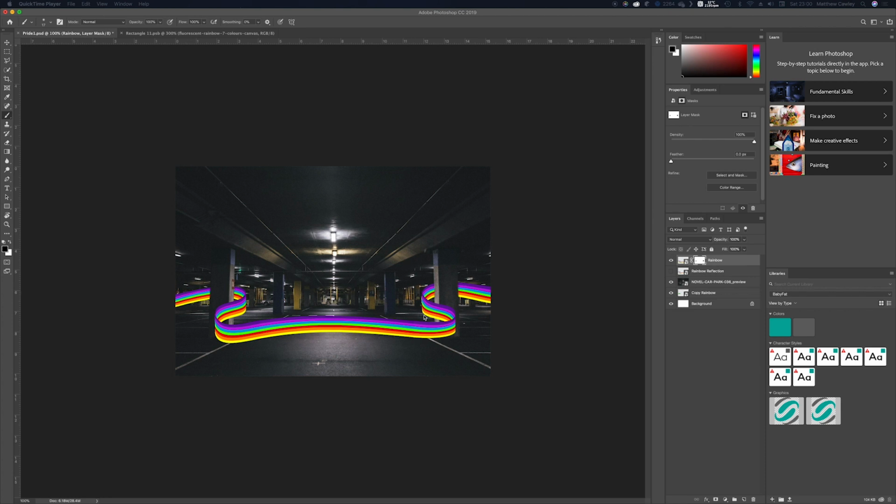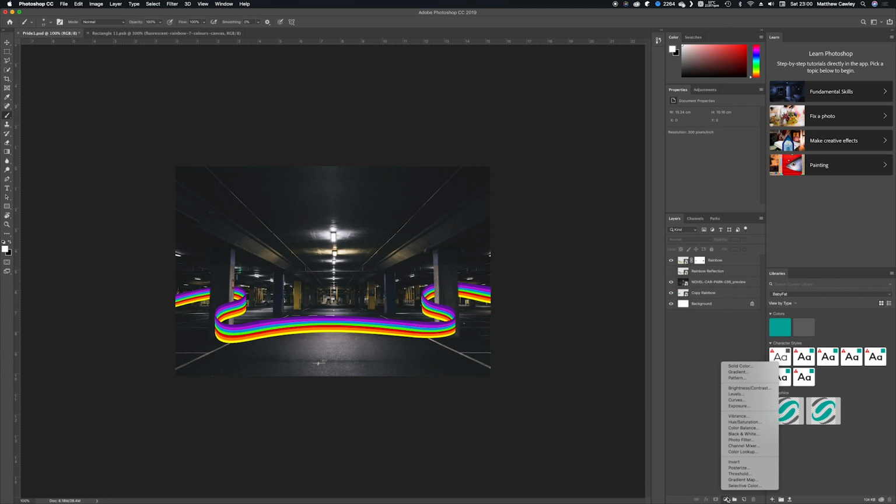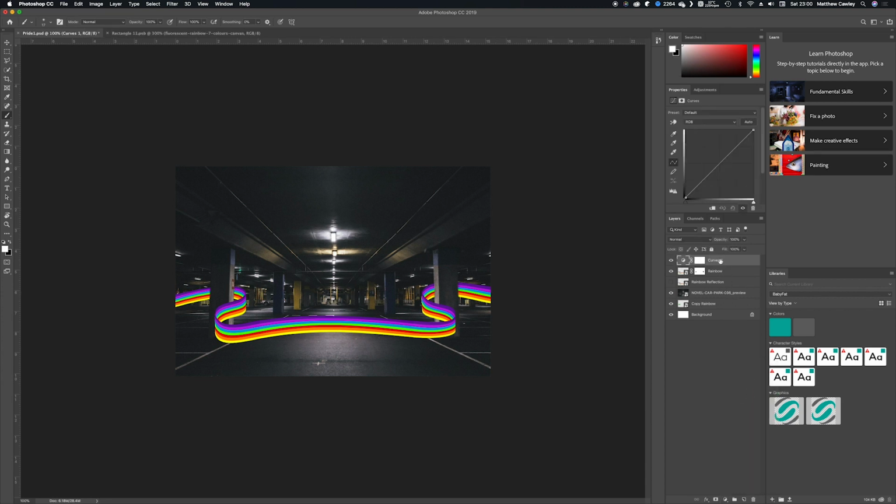Now that we've masked the posts, we're going to add some curves adjustment layers, just so we can bring in a bit of shadows and a bit of highlights, and give it a bit more of that realism in the environment. So we'll start off by adding our first curves adjustment layer, which we will call shadows. And we'll bring down